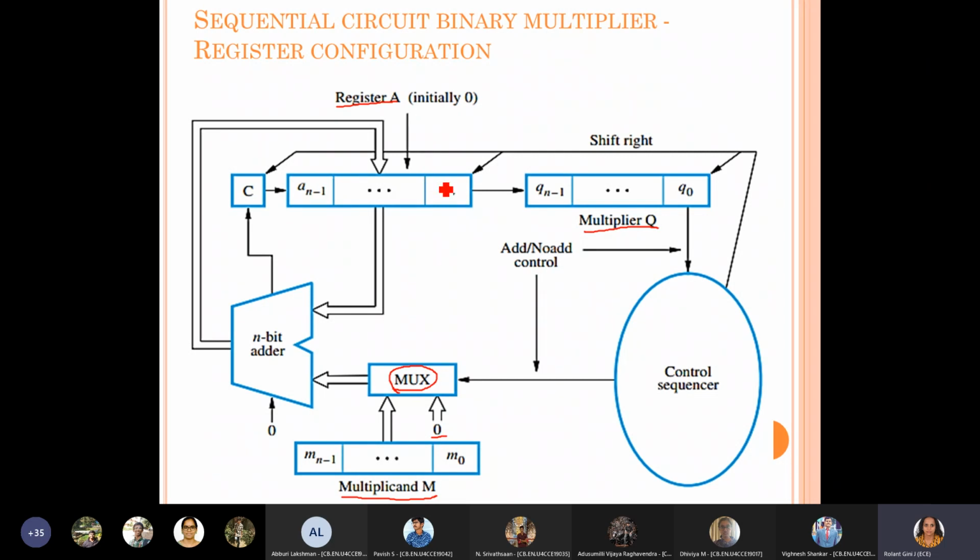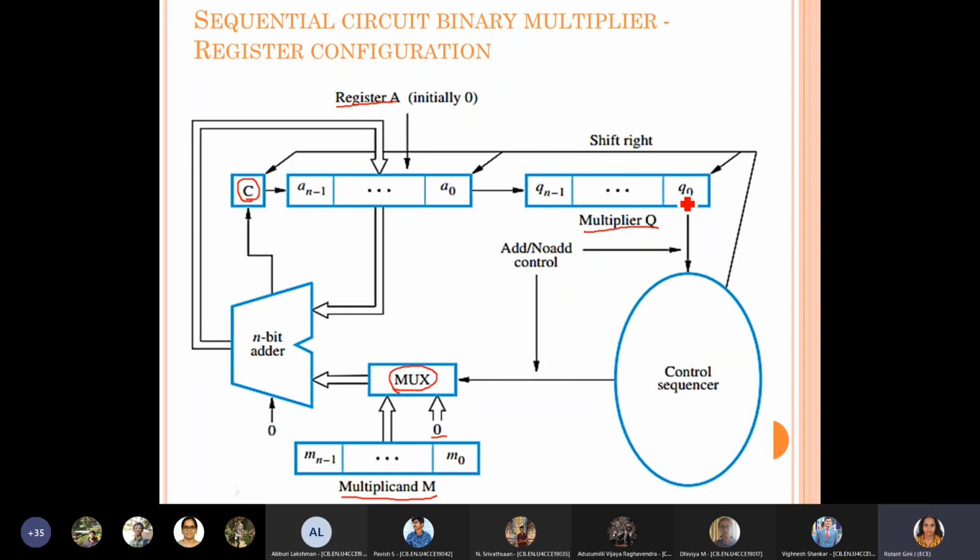we keep all zeros. And when we add, the register m is also an n bit register, and register A is also an n bit register. So when you add two n bit numbers, as we just discussed, the result will be n plus 1 bits. To store that extra bit, we have one more flag register here, called C. Initially we take a value 0 and then we load the m value in the register m, and we load the multiplier value in q.